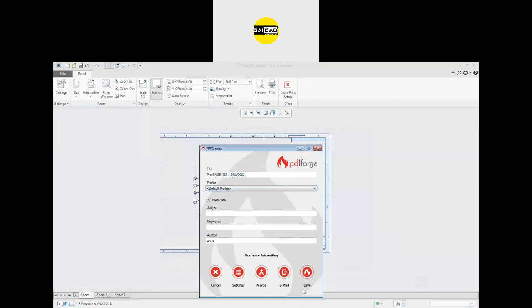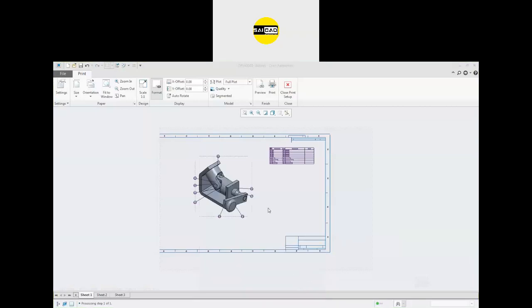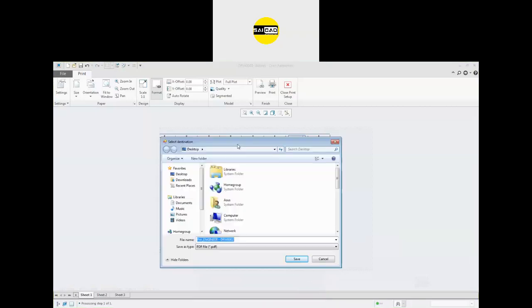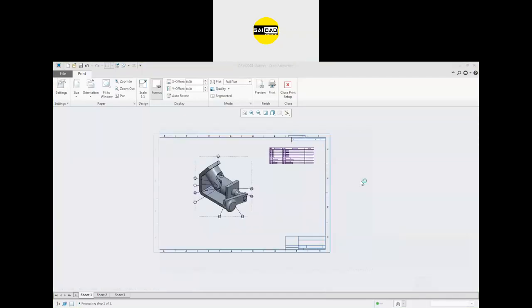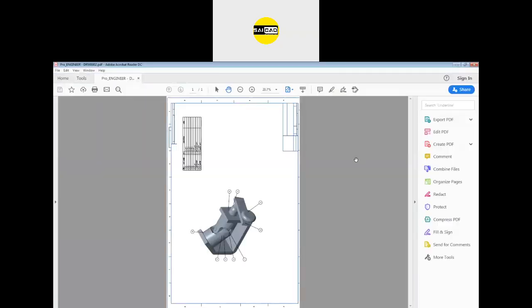So where you need, click save. Okay, so you can see this is the single sheet.